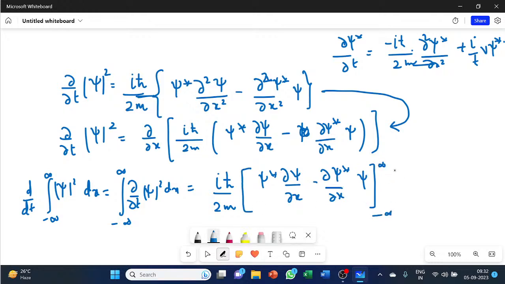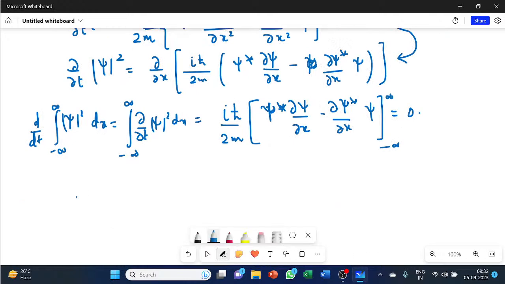Okay. Now see, in general, if I consider psi to be any square integrable function, then it may be possible that it may not vanish at plus infinity and minus infinity. But my physics requires that psi of x must vanish towards plus minus infinity. So if I take plus infinity, this particular thing would vanish, and if I take even minus infinity, this particular thing would vanish. So this will become zero.